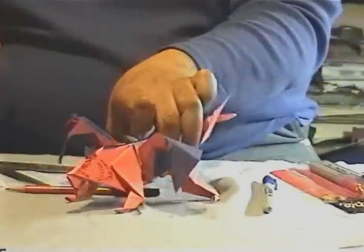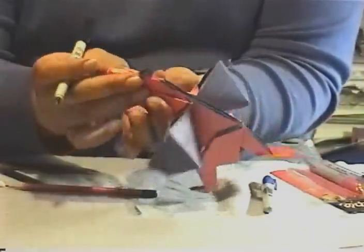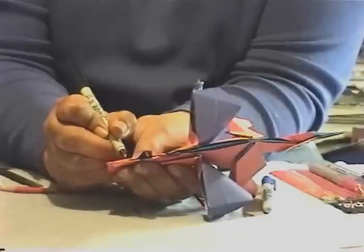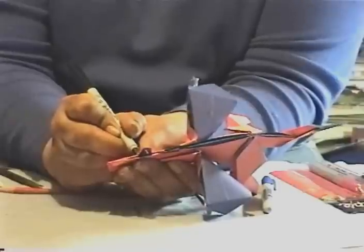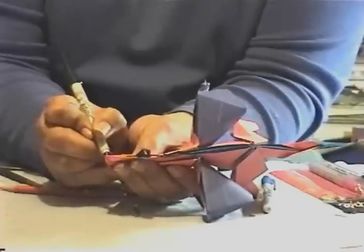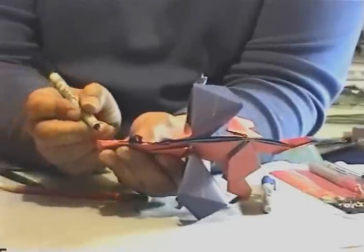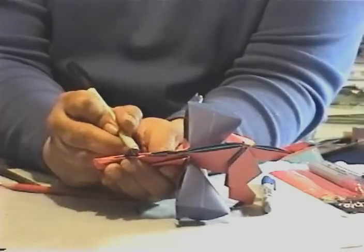Okay, see, I'm drawing the eyes and the mouth there on one side. Now I'll do it the same onto the other side. I'm just drawing on the mouth, and